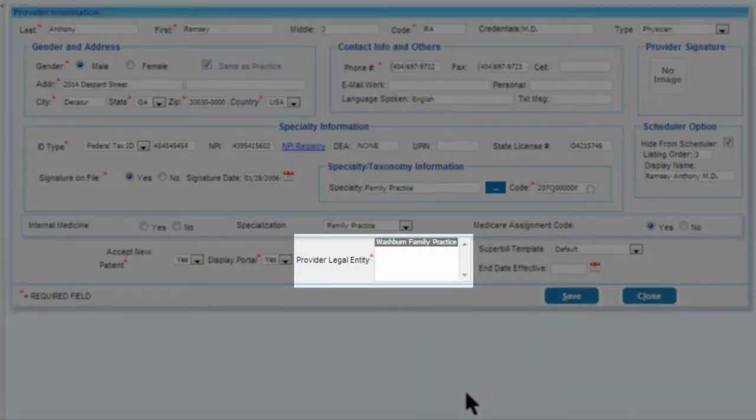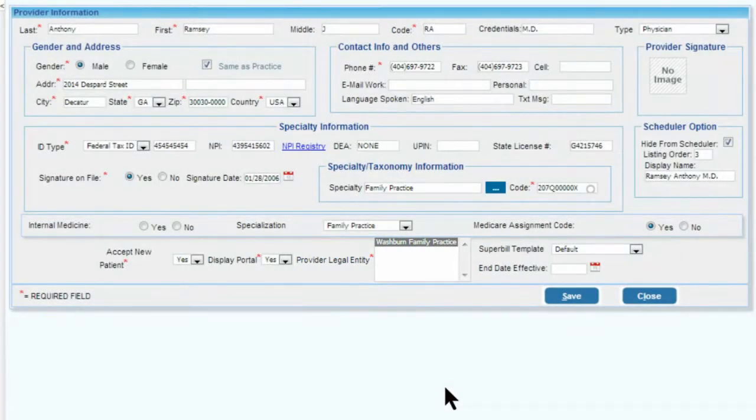Provider legal information. What Practice Suite allows you to do is have one provider be made available in multiple locations. What that means is, let's say I have one provider and two locations. You'll see there are two different location IDs. For example, if there are two locations, one in San Francisco and the other location in another area, you can say that this provider needs to be available in both locations, or he or she will only need to see